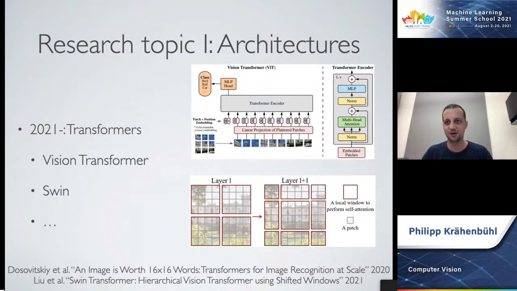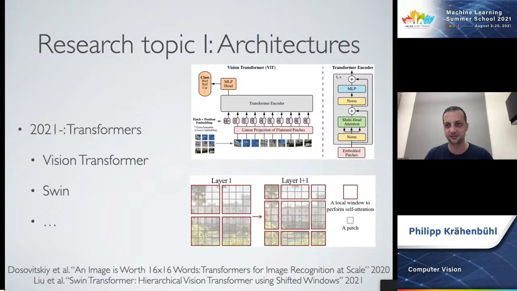There's also been some work just a few months ago that showed that you might not even need a transformer. You can actually do almost as well if you just replace everything with multi-layer perceptrons. So you can have sliding multi-layer perceptrons, or not sliding, just multi-layer perceptrons on patches. If you do the interactions between the features and the patches right, you can get away with having almost all multi-layer perceptrons in there.